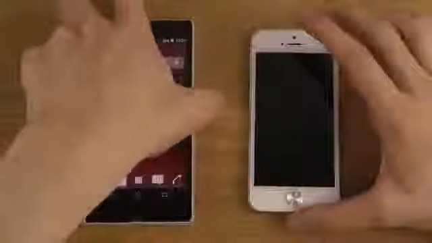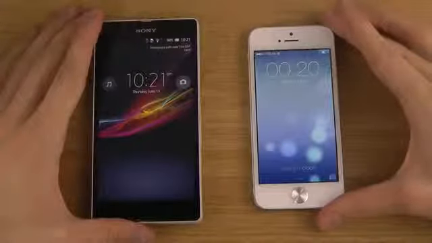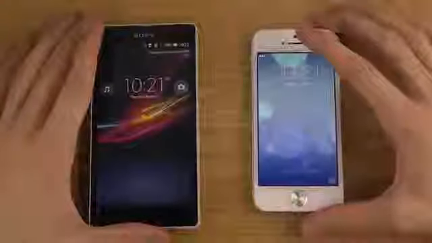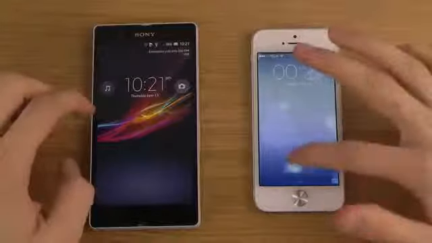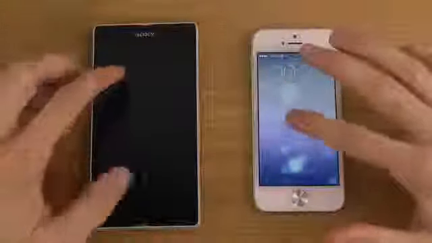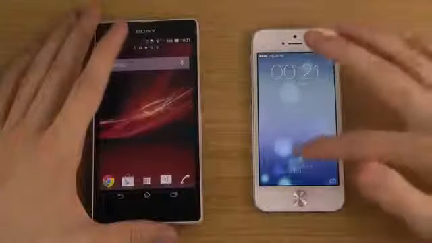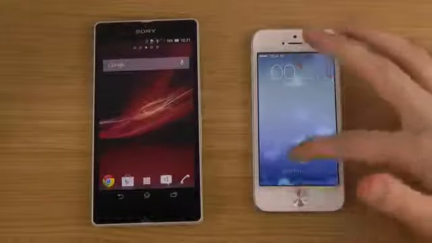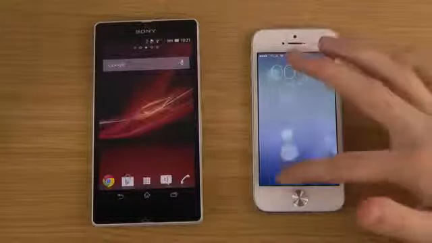Let's start off here on the lock screen. The first thing you can see on these two lock screens is that they have a similar font up here at the top, which looks pretty interesting. On the Xperia Z you have quick access to the camera and also to your music, and on both devices you do have a widget, and if you want to unlock the device you can. On the iPhone 5 you also have quick access to the camera, and if you want to access the music, you can actually go to this, I think it's called the